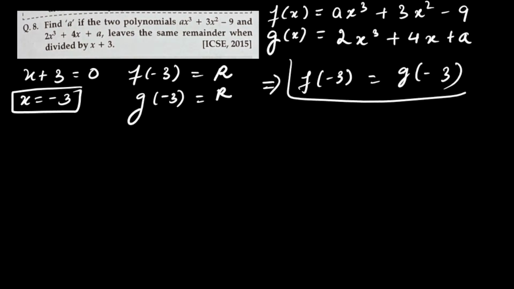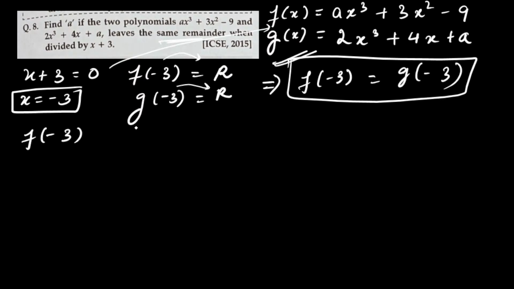So here this concept we will use in this question. It's mentioned when divided by x plus 3, these two polynomials give the same remainder. How to get the remainder? By substituting the value of x in the given polynomial. So directly we will use this. I'll be writing f of minus 3 is equal to